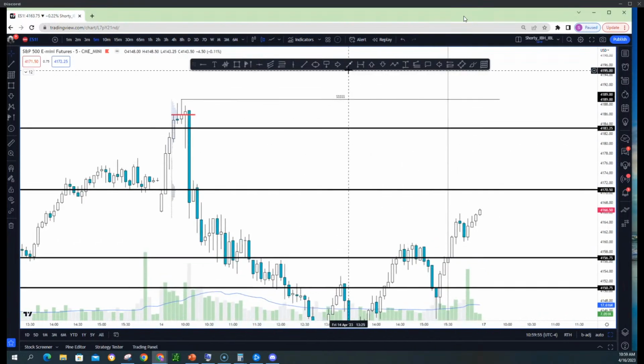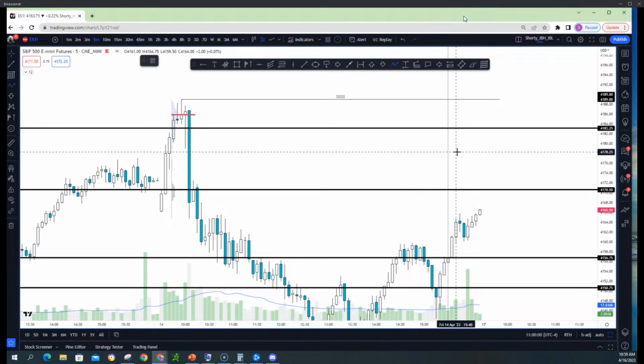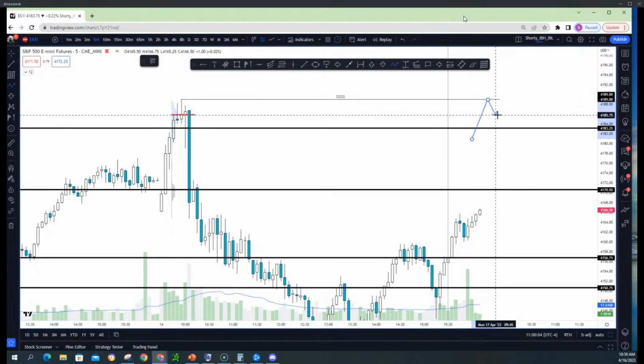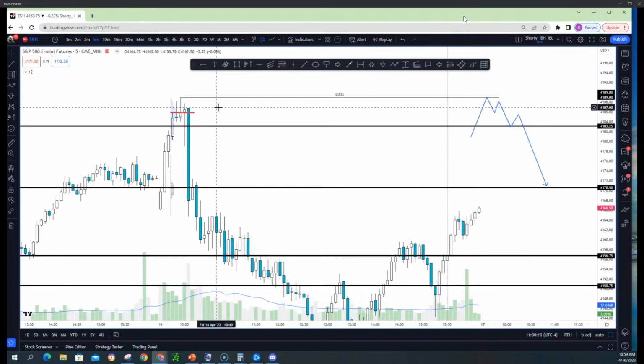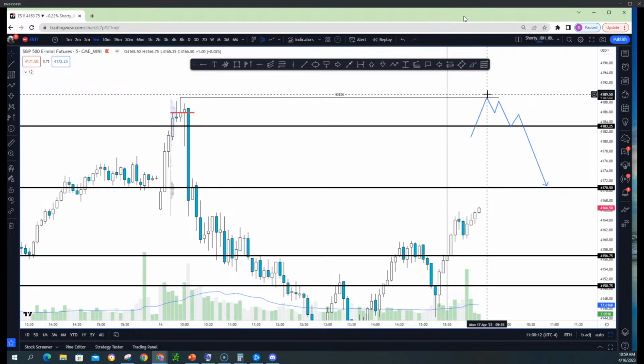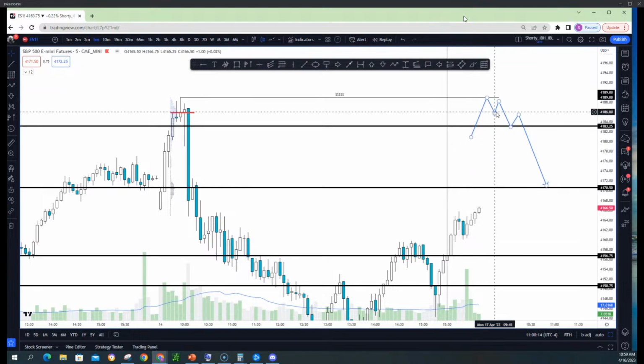If they grab the liquidity here, most likely what I would look for then is the setup of the lower highs and change of character, right? Where they do this. And you guys know I prefer them to break the POC and do what? Then they lose it. And this is where I'm interested in shorting. So if they go above it, that means they're making a higher high. But if they go below it, that means they're making a lower high.